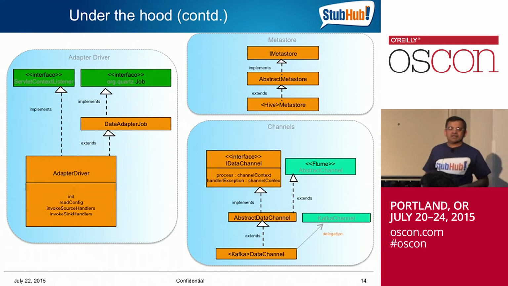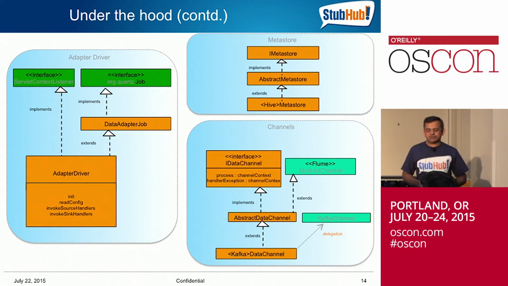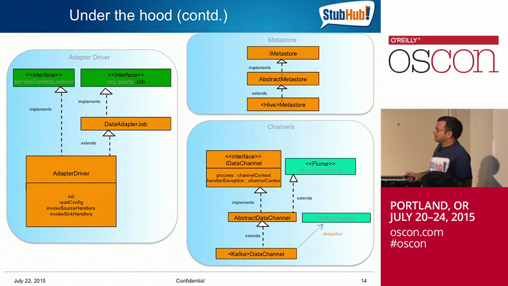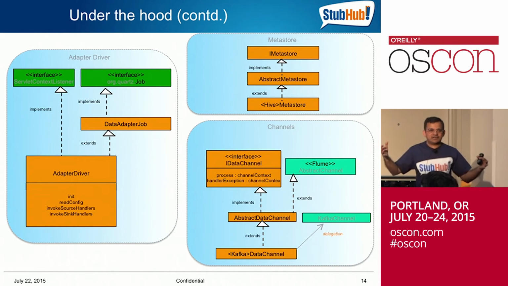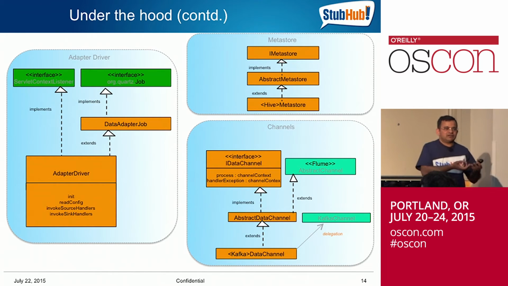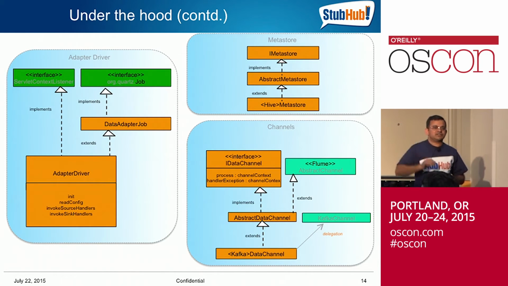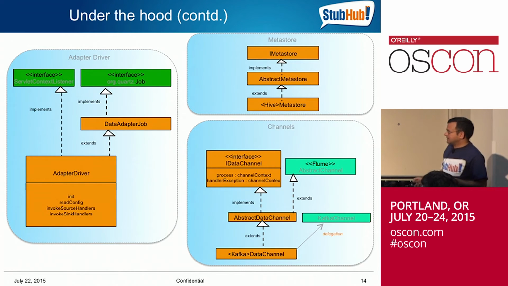That's what the previous slide was showing, sources and sinks, right? And here, let's talk about the channels for a second. Normally, any source which is reading the data, after it processes and all of the things that I talked about, ultimately has to write to some channel so that the sync handlers can read from the channel and write to HDFS or whatever destination you're looking for. And as you can probably guess, we did the exact same thing for channels too. We're leveraging the existing interfaces and building those capabilities that I talked about as an extension on top. We've got our own data channel interface and abstract classes, but delegate that.